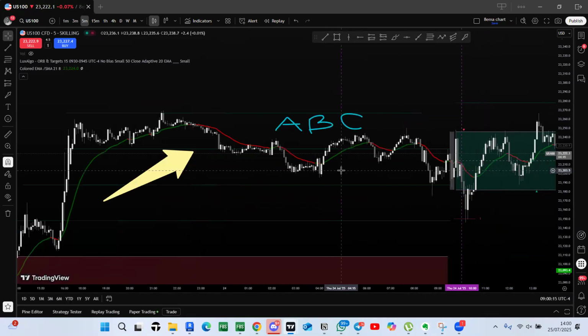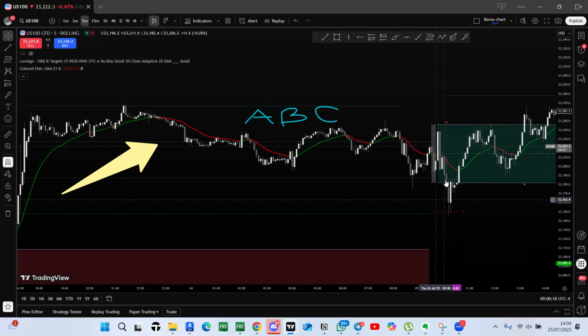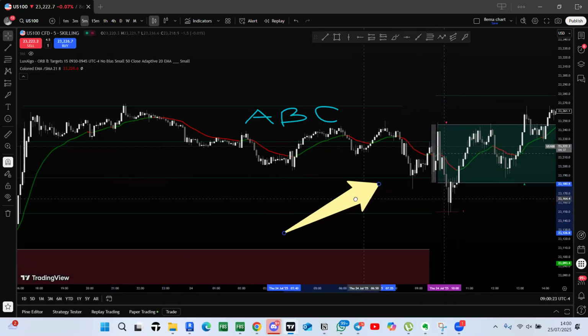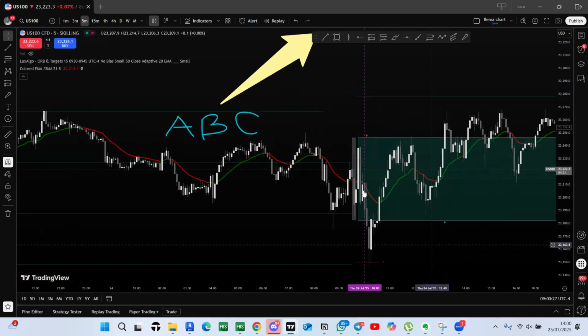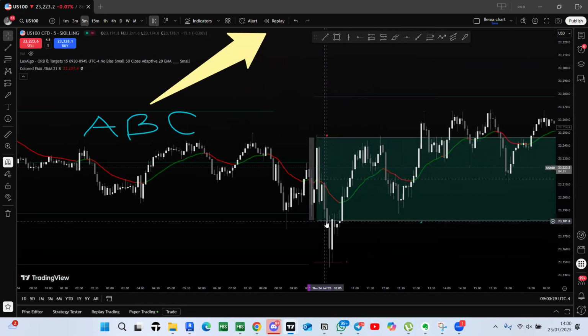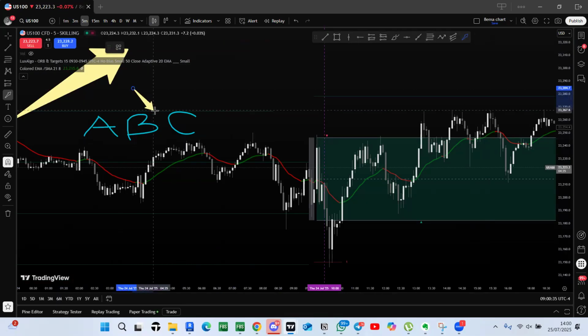So the next thing I want to check is, at the point where we are breaking out, is the 21 EMA pointing upwards or downwards? At the point where we're breaking out, the 21 EMA is pointing downward. So we have the overall trend is up, and the lower, short-term trend is down. So already that rules out